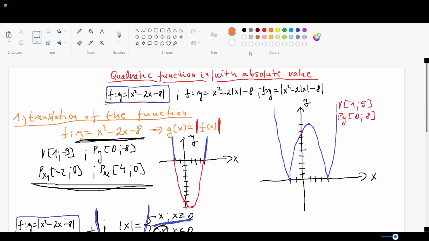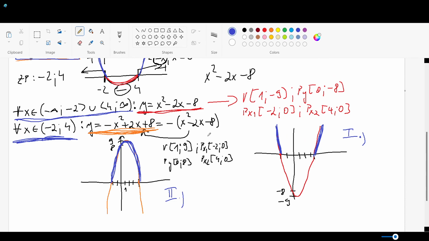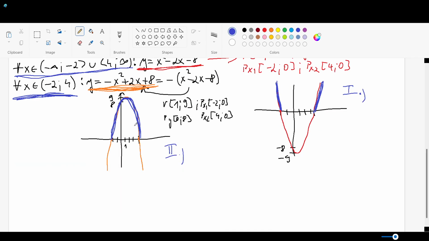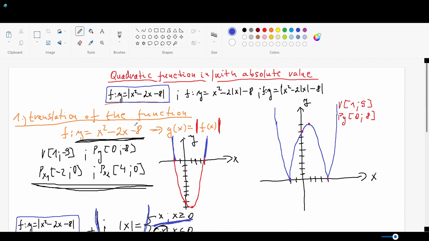And if you realize that to sketch the graph of the function, in this case a quadratic function, this one, and you put this into the absolute value by using the translation, you can very easily find the graph of the function without applying any of this algebraic stuff we have been using in the second approach. Okay,